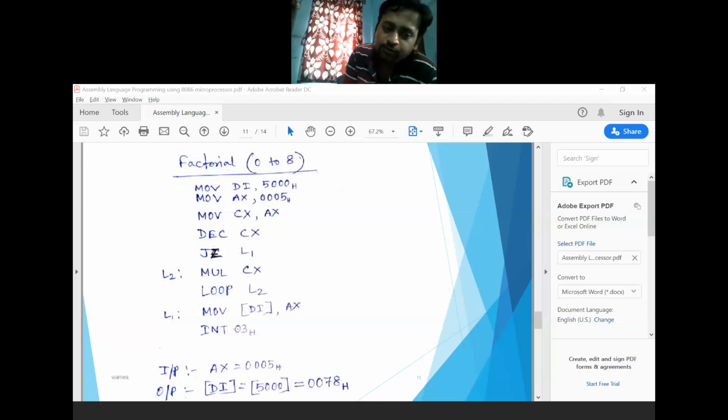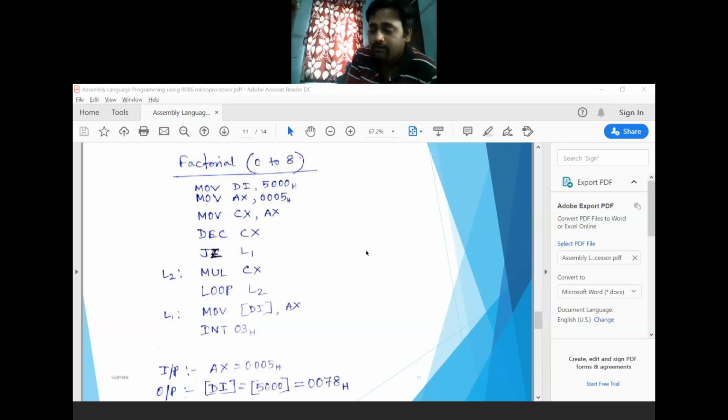After that, MOV [DI], DX, then INT 03. Your lower 16-bit result will be stored inside the 5000 memory location, and the upper 16-bit result will be stored inside the 5002 memory location. Two consecutive memory locations will be required to store a 32-bit number. Okay, is it clear?